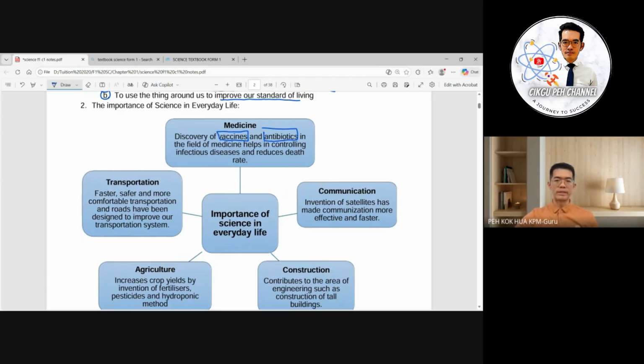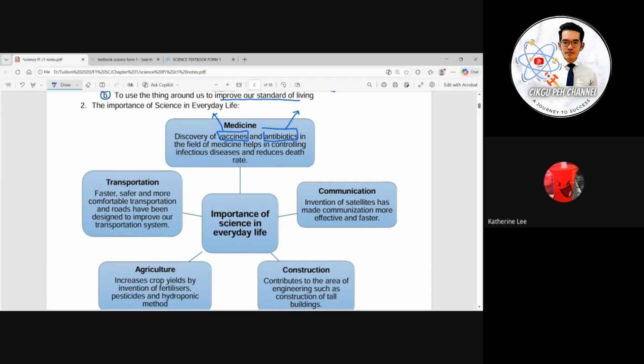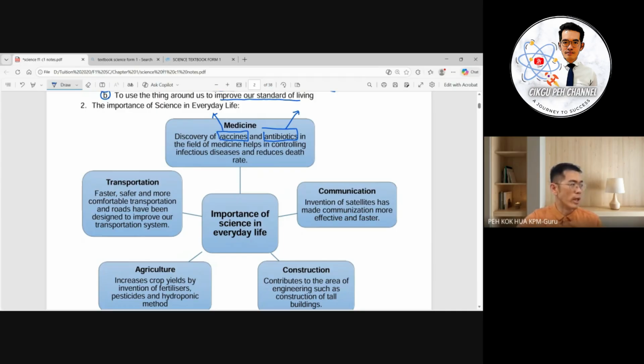In the field of medicine, it helps in controlling infectious disease and reducing the death rate. Okay, so vaccine, we know about this, right? Especially during COVID-19, all of us were injected with vaccine for prevention from the corona virus, right? Then antibiotic is medicine that helps to kill the microorganism when we are infected by some of the